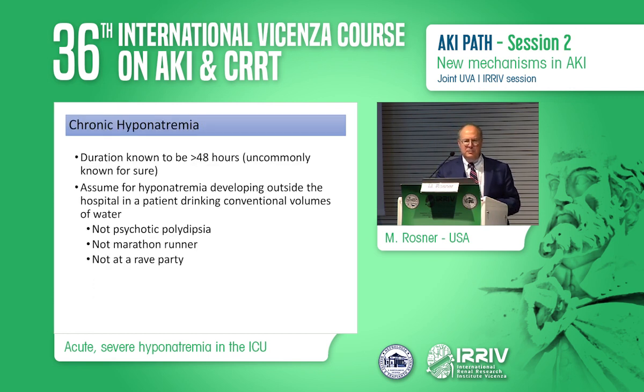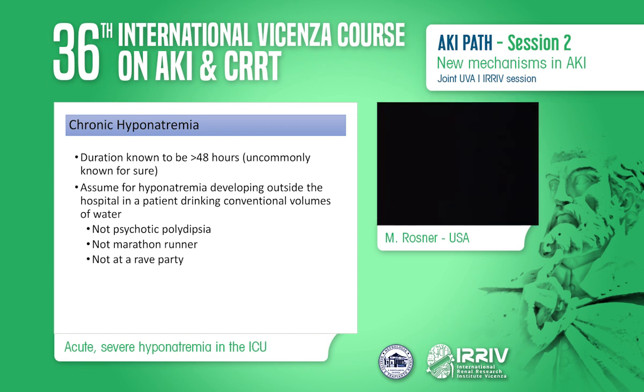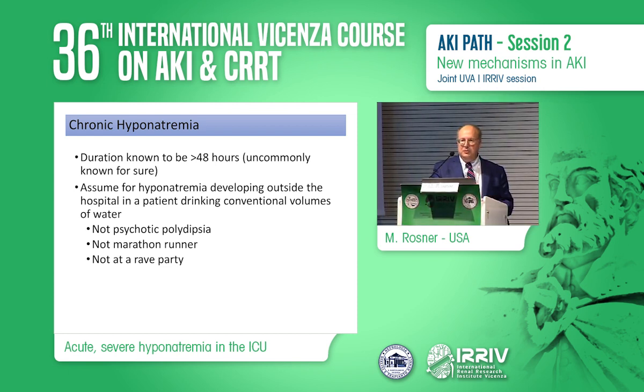Now, just to touch on some issues in chronic hyponatremia, because I think this comes up: in fact, when you look at the majority of patients with acute severe hyponatremia, many of those patients occur in the background of chronic hyponatremia. These are patients who have a duration that's known to be more than 48 hours. And basically, you want to assume that most cases are chronic, that develop outside the hospital, and are patients that are drinking conventional volumes of water. Those are patients that are typically not psychogenic polydipsia, not endurance athletes, not a patient that's been ingesting drugs